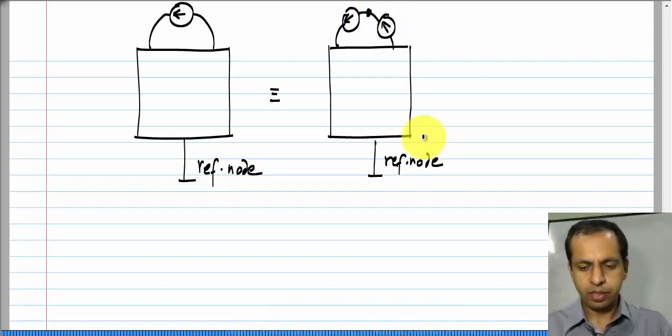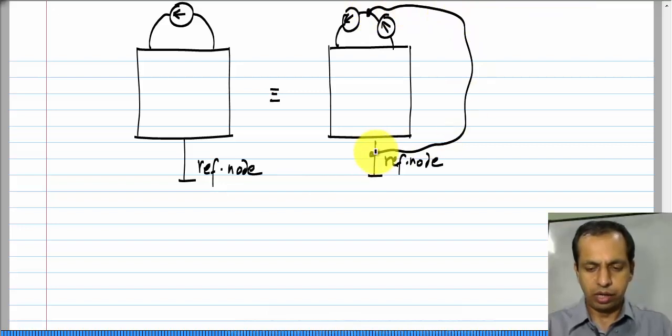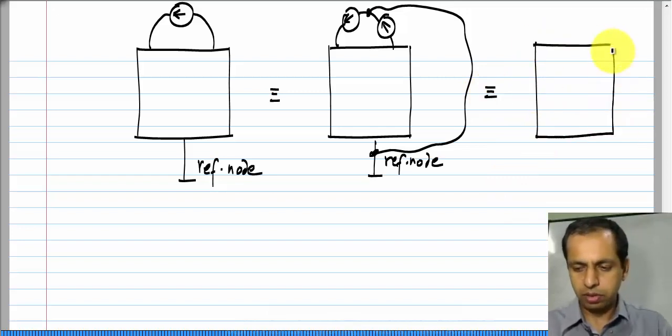Now, I can connect this to any node, and let us say I choose to connect it to the reference node. So, then I will redraw this circuit as